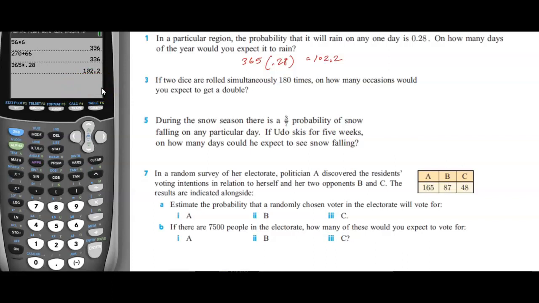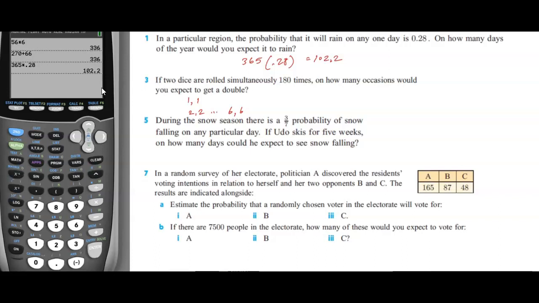If 2 dice are rolled simultaneously 180 times, on how many occasions would you expect to get a double? Oh, okay. So getting a double would be getting like a 1-1, a 2-2, a 3-3, a 4-4, etc., all the way up to 6-6, right? What is the probability of getting a double just rolling one time? Well,